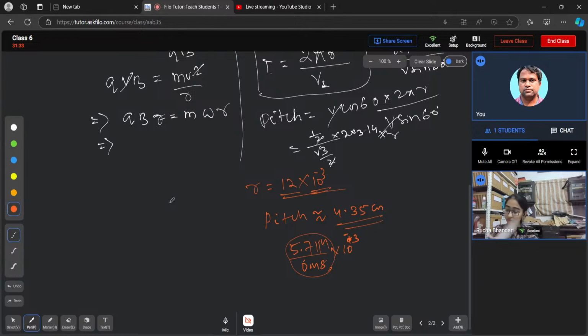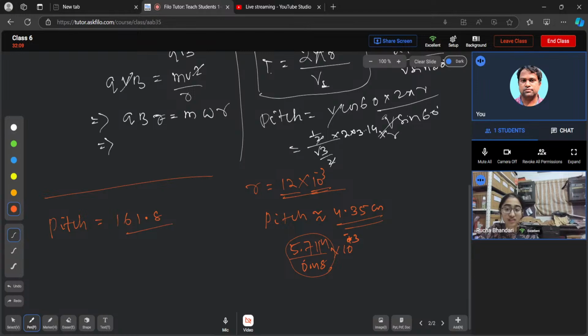Which is coming 161.8. 161.8. I think it's 1.8. Here, what is the